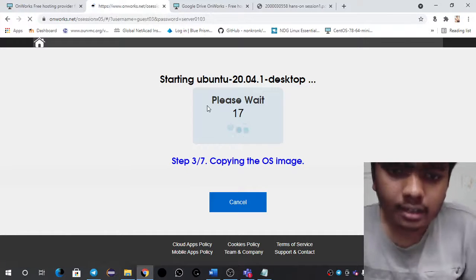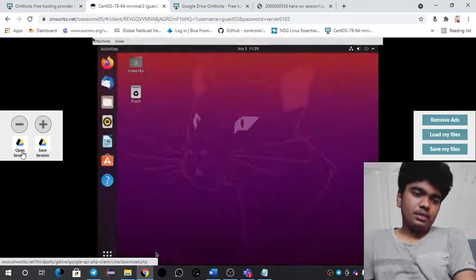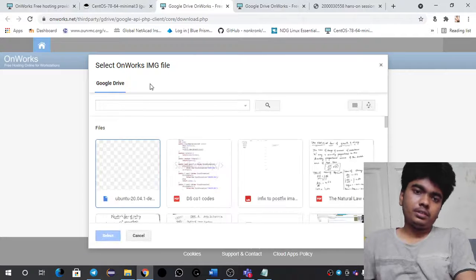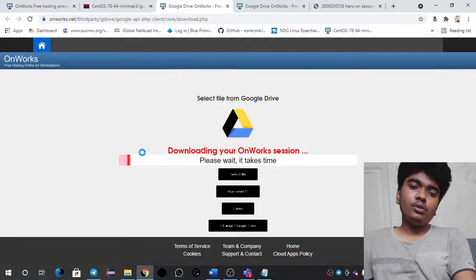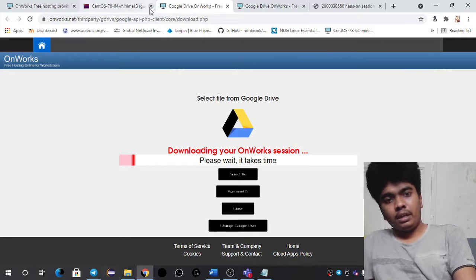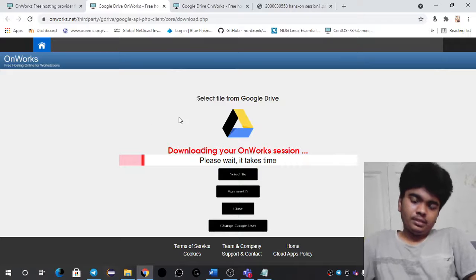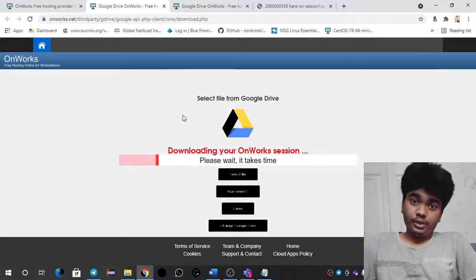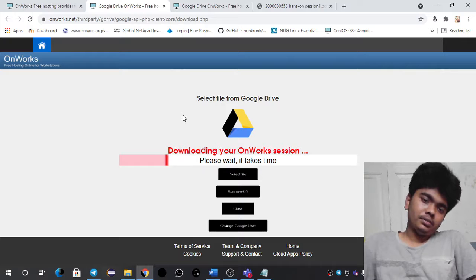We had clicked to save the file in our Google Drive. Towards its left there is an open session, right? So we need to click on this open session and it will directly get into our Google Drive. And then if we click on that Ubuntu file which is on the top, I think this will get opened now. So it is downloading into our working interface, and it will try to upload it into our working interface.